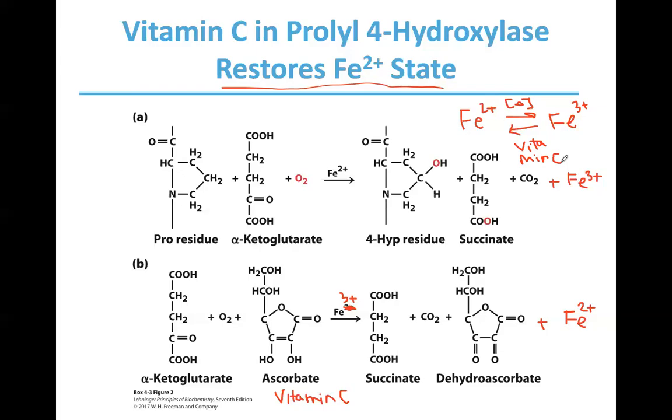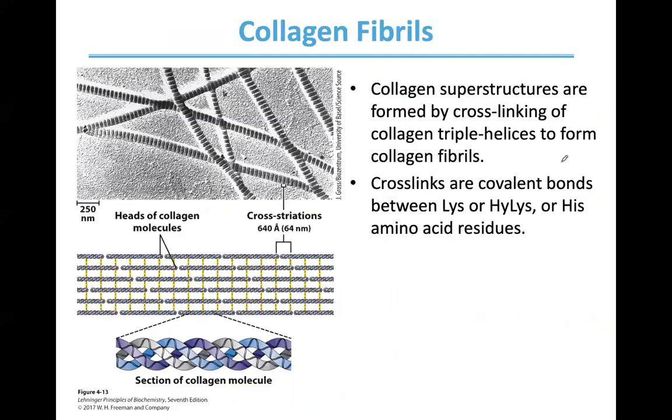All right, so that's vitamin C. And collagen forms, so besides these secondary structures, these segments of secondary structure do interact with each other. There's a lot of cross-linking involved. They form collagen fibrils, and these fibrils are stronger than metal wires, right? So extremely strong. And there's a lot of hydrogen